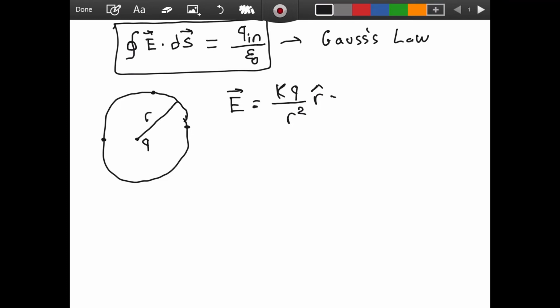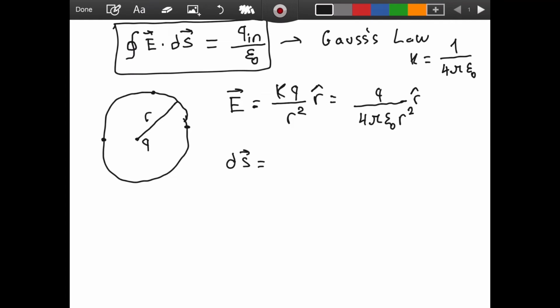This is what we have, and for k, I will make this substitution, which is its actual value, 1 divided by 4 pi epsilon naught. Epsilon naught is just a number. It is a constant. It has units, by the way. It isn't like pi. It is, I believe, called the permittivity of open space, something like that. But we don't need to get into it in this video. So if we substitute for k here, we have 4 pi epsilon naught r squared, and in the r hat direction. Now for dS